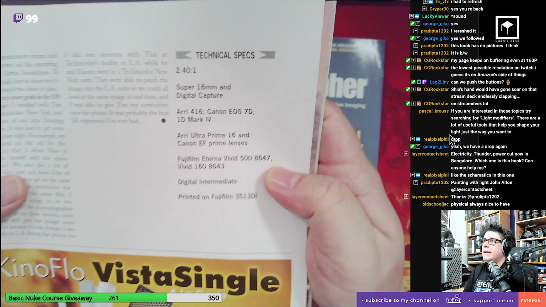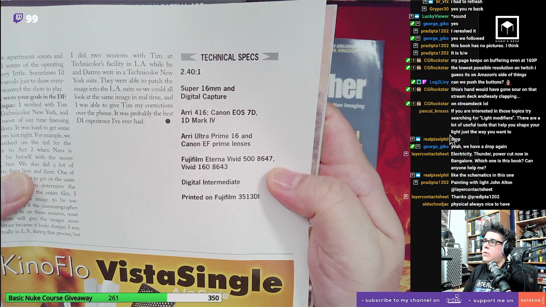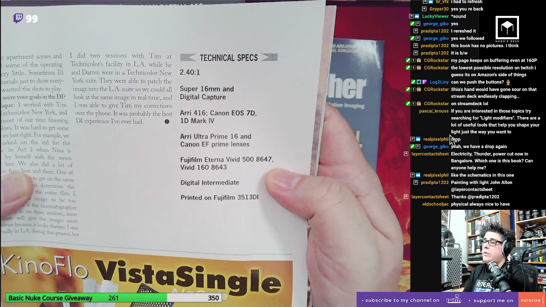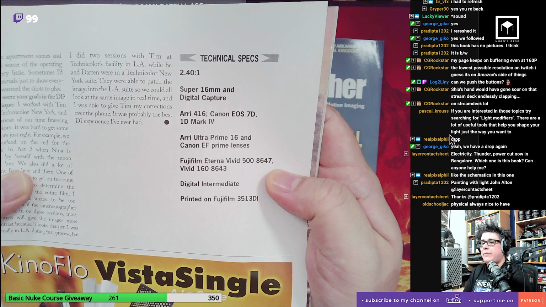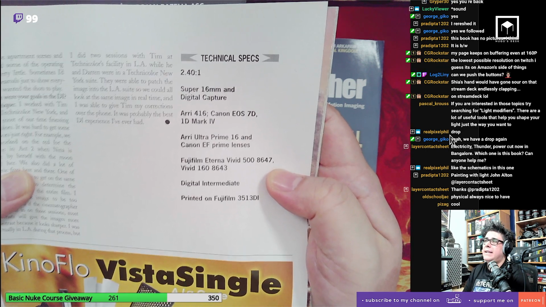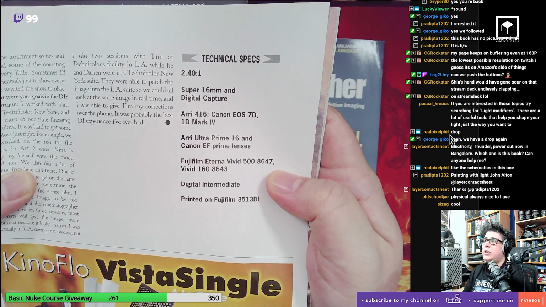Look, this is amazing. It actually tells you what camera they used. It tells you which lens they used. It tells you what type of film they've used and what was the print as well. That means if you want to match a look of a film, you can watch this magazine and actually see what lens they've used. So, for example, if you want to try to mimic one of these shots,